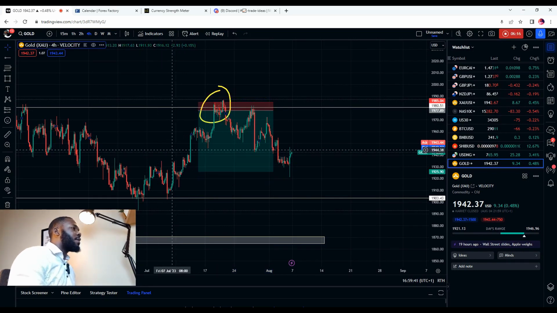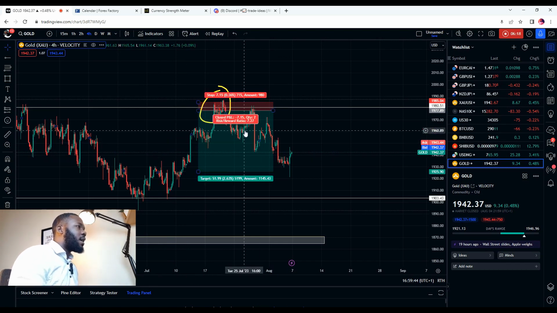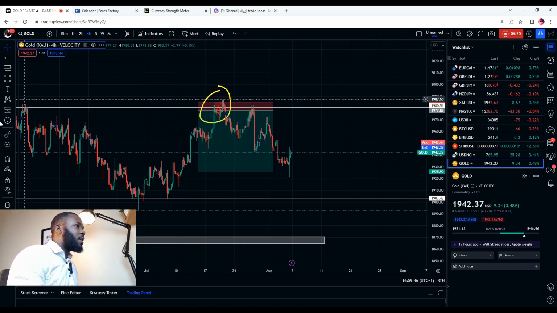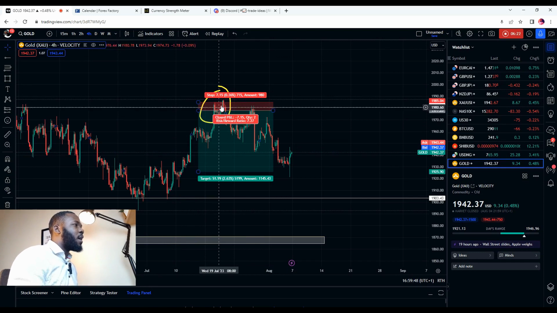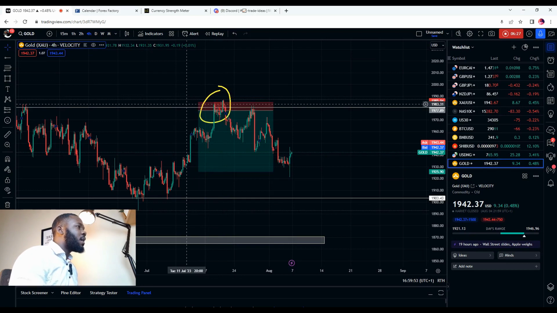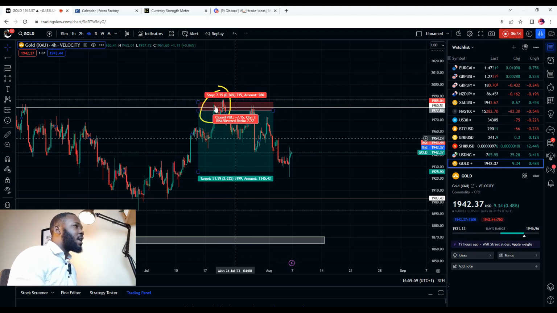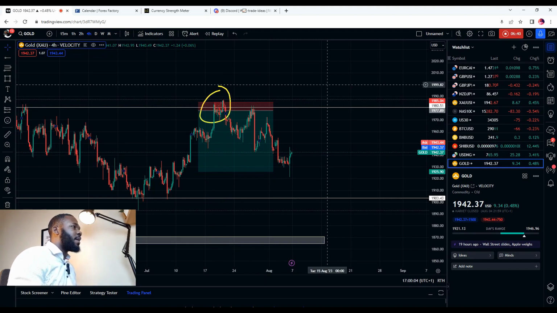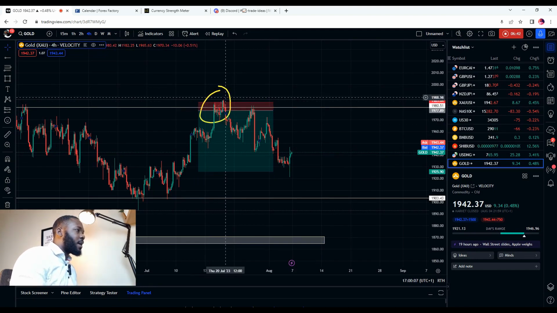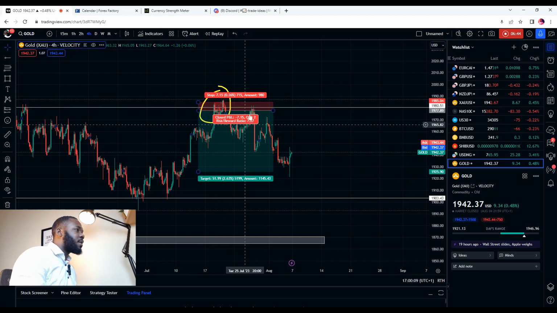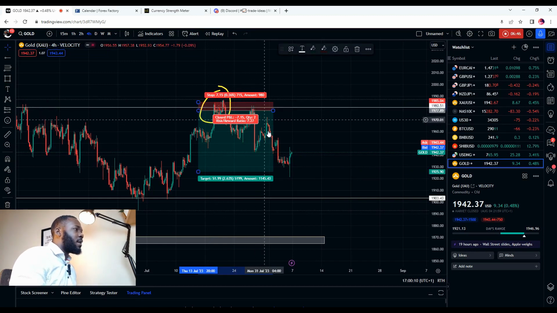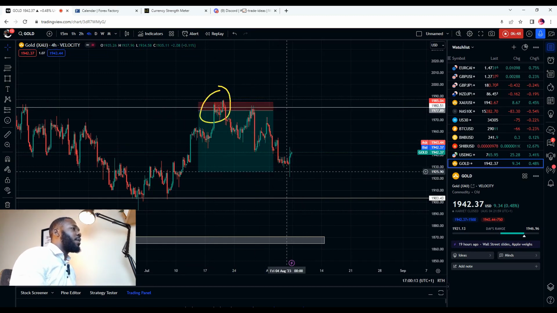So now you see, guys, if you're just using the horizontal line alone, when the market pulls up here and triggers your pending order, which is here, you can see that the market pulled up a little bit before going down. So this can actually trigger your stop loss right there, and you're out of the market. And you can see, boom, the market starts going back down, and down and down to your TP.